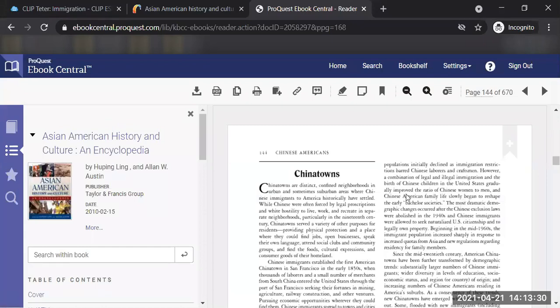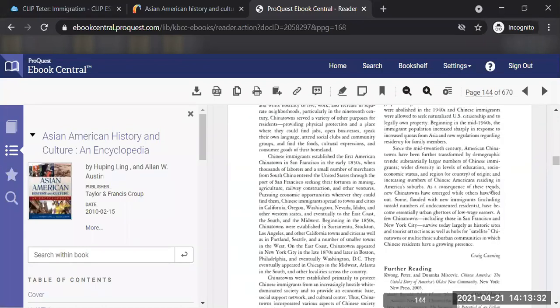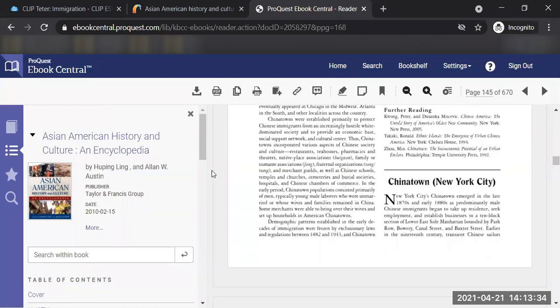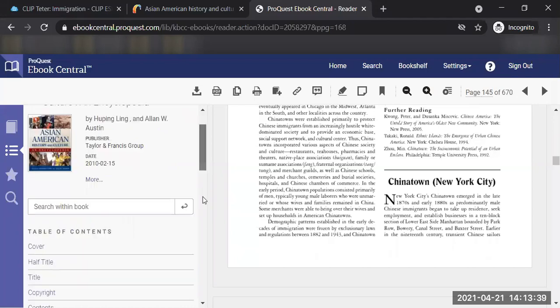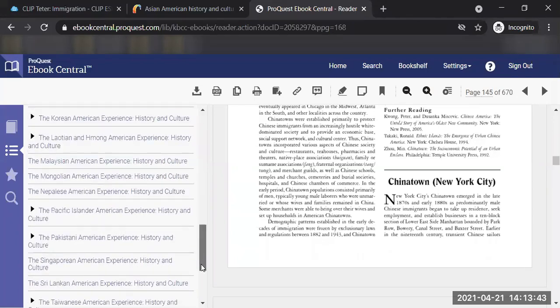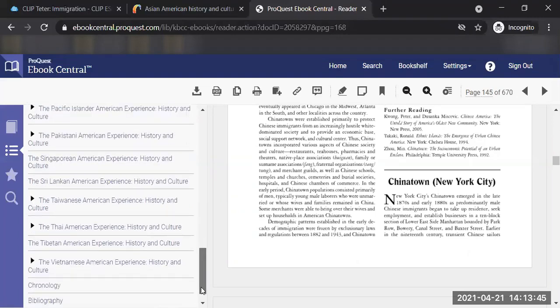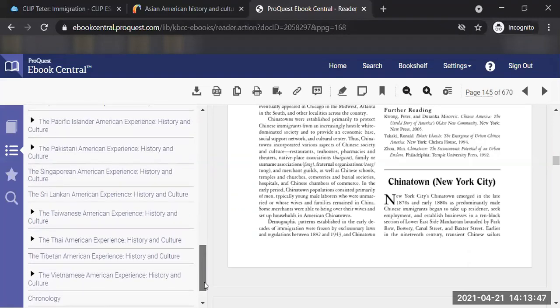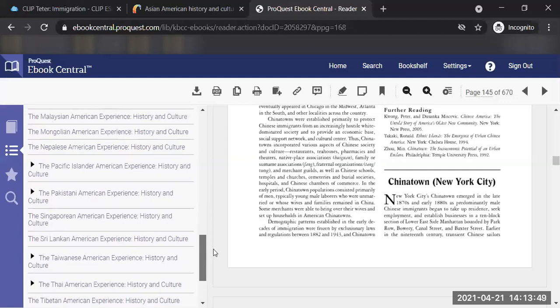So, Chinatowns in New York City. Now, here's the book on the right side, and the same chapter links on the left. You can go into your other areas too. You see all the different groups of people. I think there was one for Indian,